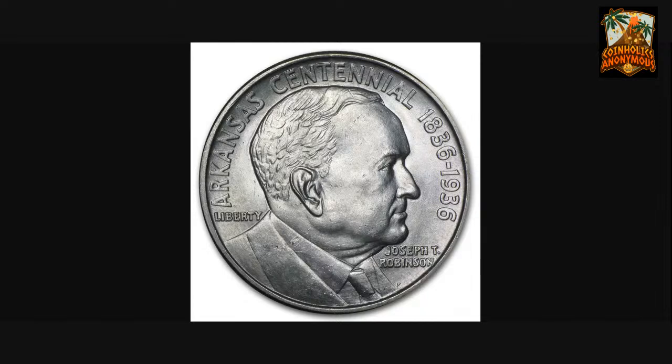Let's see here. So he was still alive. He was the subject for the new issue engraved by Henry Christ. The obverse designed by Everett Burr was unchanged. So the law specified a change in the reverse because of the fact that the reverse side is that which bears the date. And from a numismatic viewpoint, the side that has a portrait is usually considered the obverse. But in this one, he is actually the obverse. And the side with the eagle device is